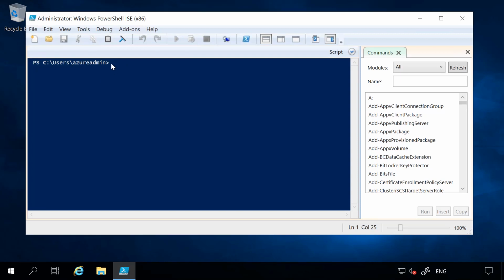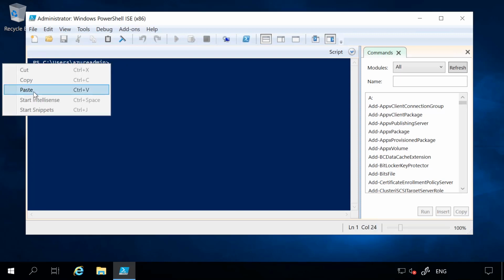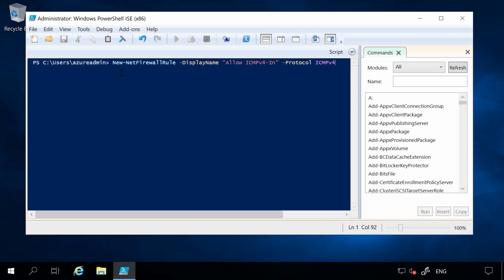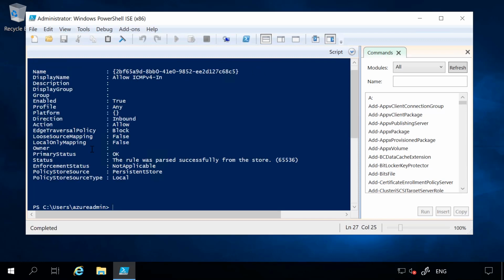I'm going to paste in that command that will allow that ICMP connection. So I'm allowing a new net firewall rule. Display name: Allow ICMP4. Taking a look at what we see, it has been enabled. Now we're going to go back to the first virtual machine, virtual machine 3, and we're going to